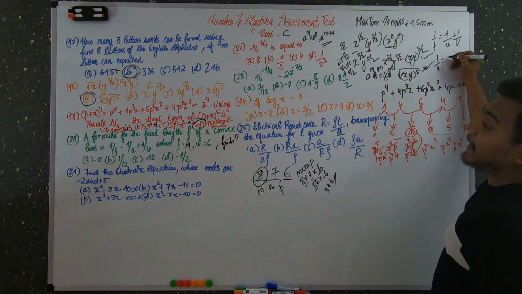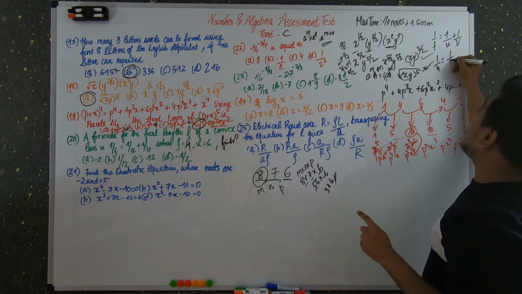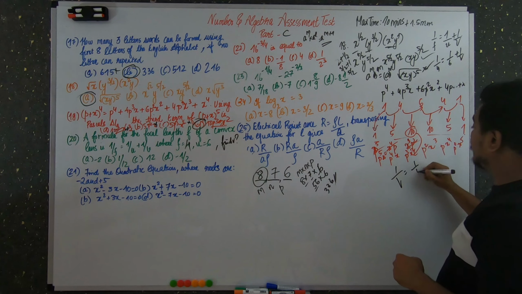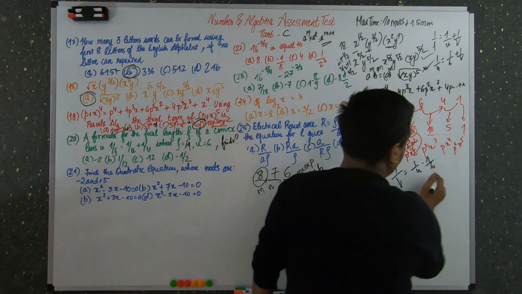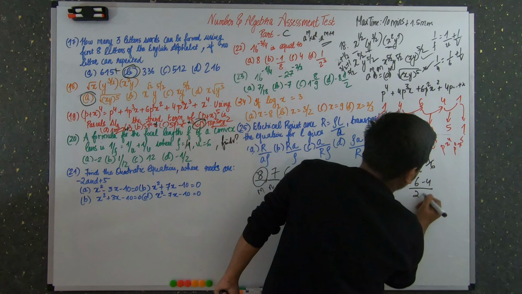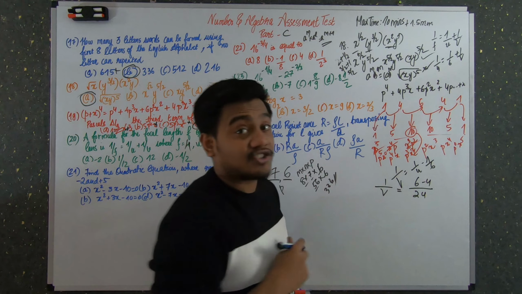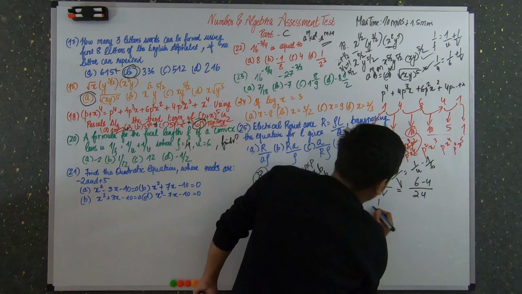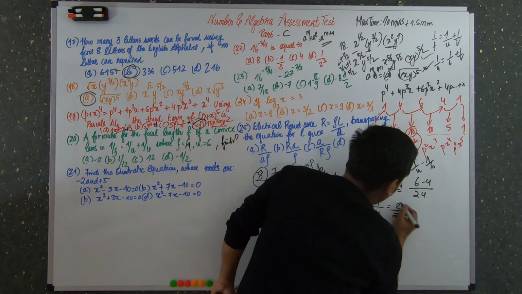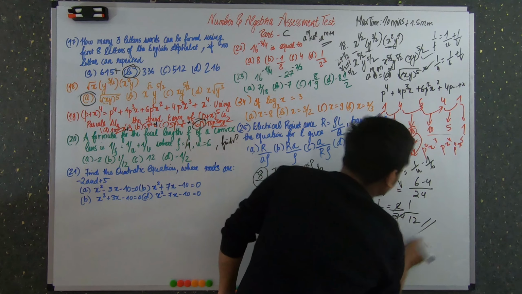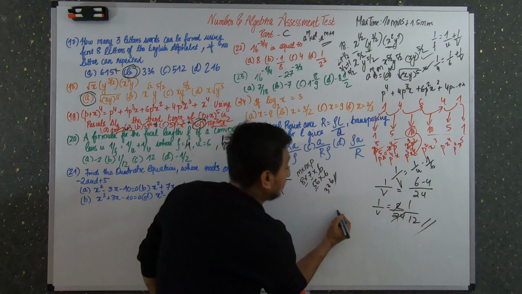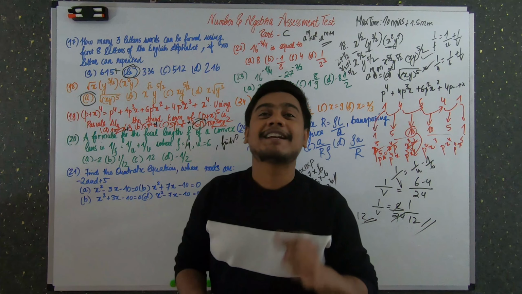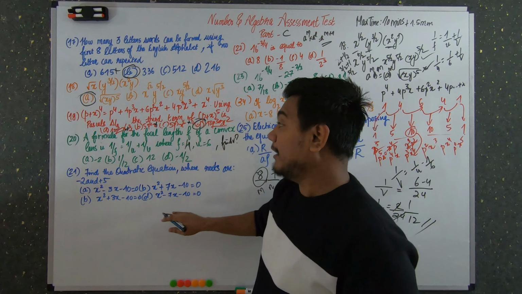So 1 by f is equal to 1 by 4 is equal to 1 by 6 plus 1 by v. So 1 by v is what? 1 by 4 minus 1 by 6. Let's take the common denominator: 6 minus 4 by 24. This is just fraction subtraction, and I have taken the same denominator for both, and that's why you get this. So 1 by v is equal to 2 by 24, or by cancelling, 1 by v is equal to 1 by 12. So what is the value of v? Take the reciprocal on both sides, you will get v as 12. So 12 is the correct option for problem number 20.